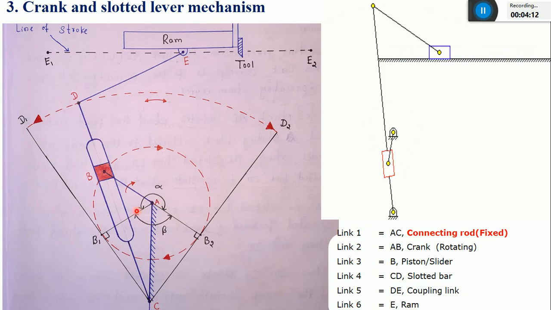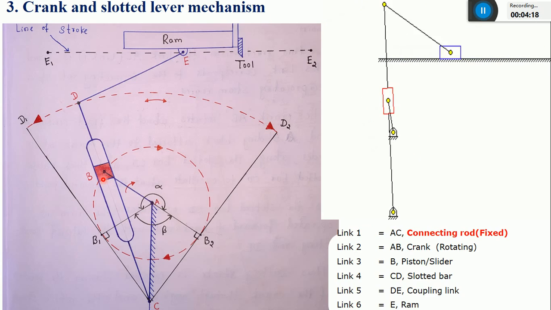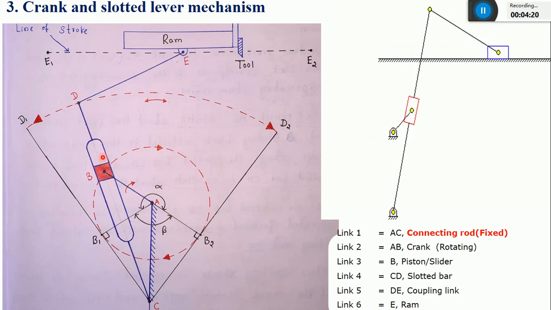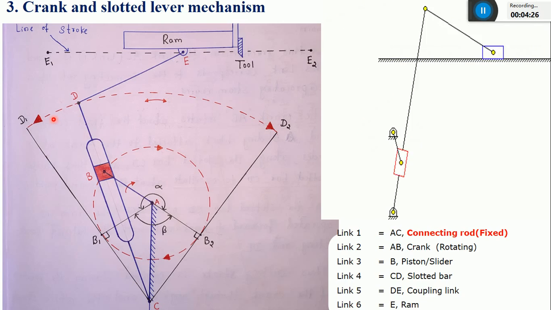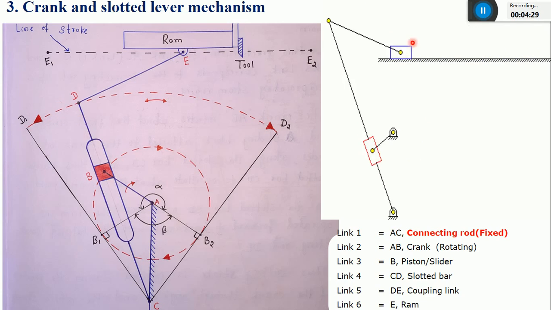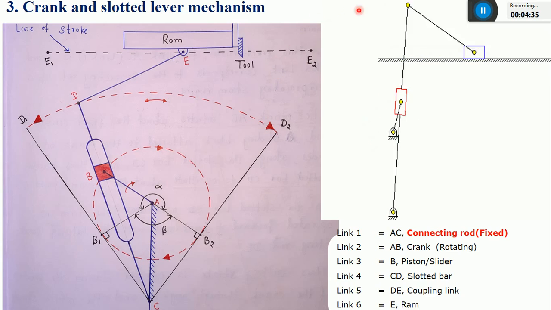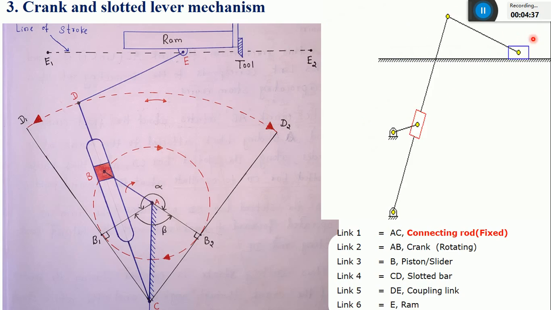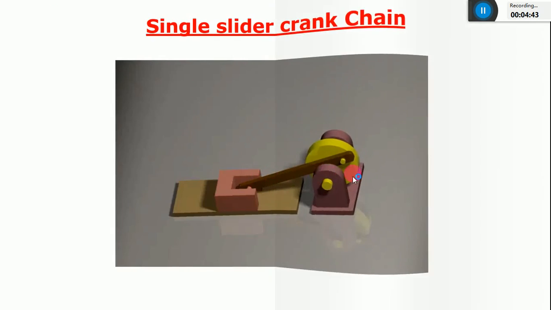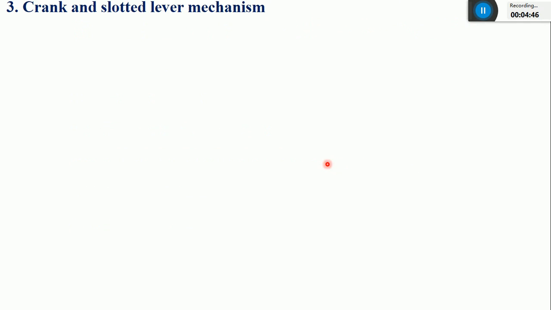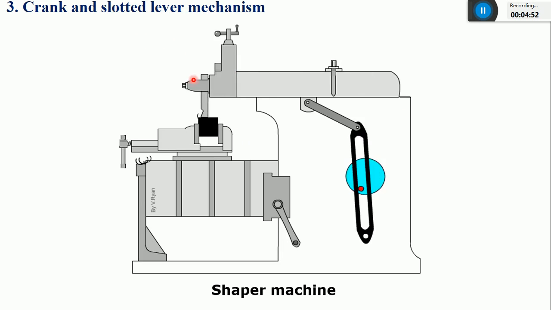As we give the input to the crank, the crank starts rotating, hence the slider also rotates, as well as it reciprocates in the slotted bar, so that you get oscillatory motion of this slotted bar. You can see the longest link of all the 6 is the slotted bar. It is oscillating from left to right and right to left, so that you get the output motion as forward and reverse, which is the application of a shaper machine. So you can see it is forward, reverse, forward, reverse. That is the ultimate output we need from this mechanism.